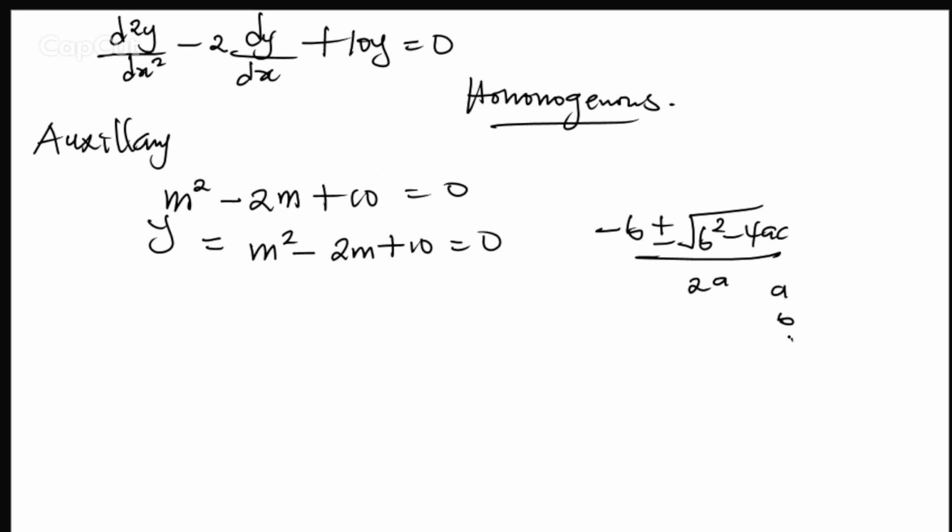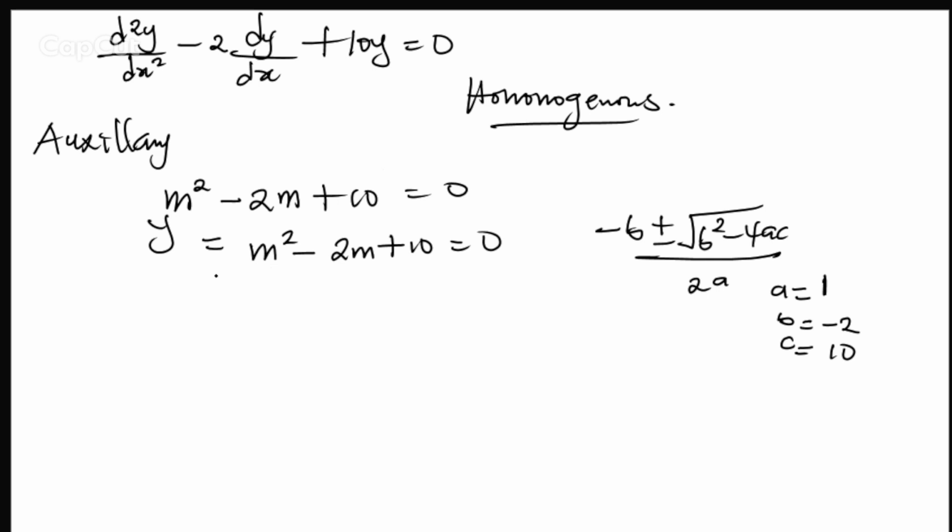Now from here, we can get our given parameters, which are a, b, and c, such that we just carry the values, input them into the formula, and we get the roots for the equation. Now what's your a here? From your equation, your a has a coefficient of 1. Your b is minus 2, while your c is 10. Are we together? So if you input those values into the formula,